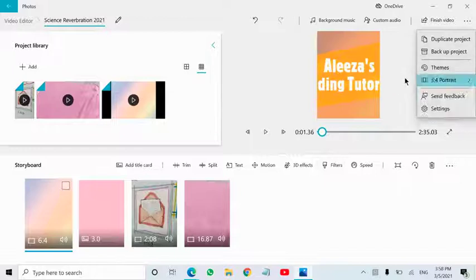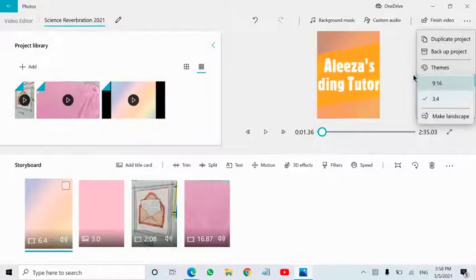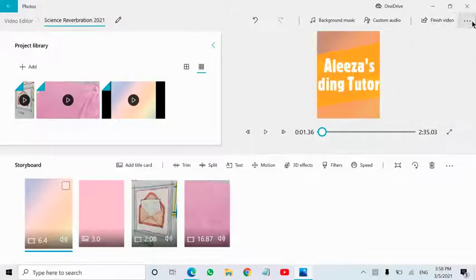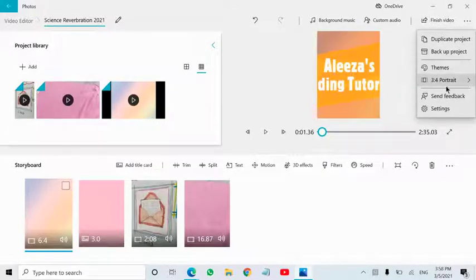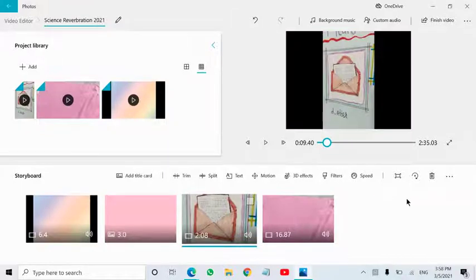So I am clicking on the three dots beside this finish video. It's not showing this portrait thing, so I'm clicking here, make landscape. So it's all landscape.